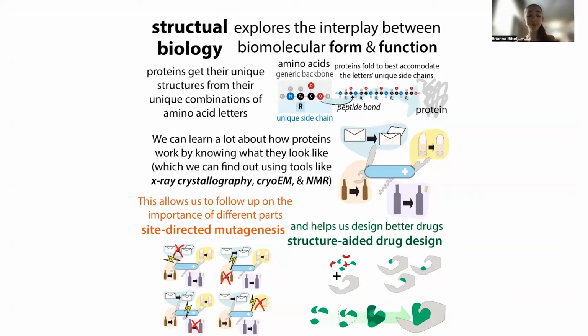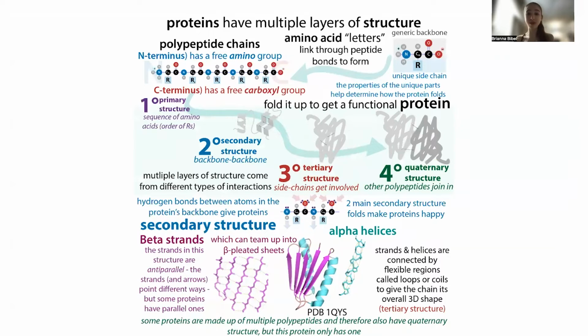And so basically, these proteins are going to have these unique structures because these proteins are going to be made up of unique combinations of amino acids, these building blocks, these letters that are going to influence how these proteins fold up and therefore how they can function. And so you might have heard of AlphaFold and things like this, basically software that tries to predict how a protein is going to fold based only on its sequence, based only on which amino acids it has in what order. And so the software can do a lot, but it still has problems,